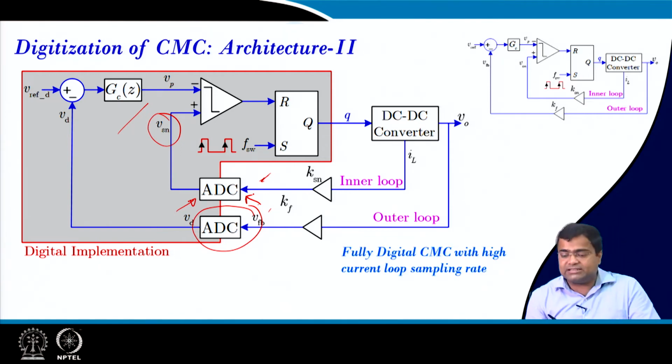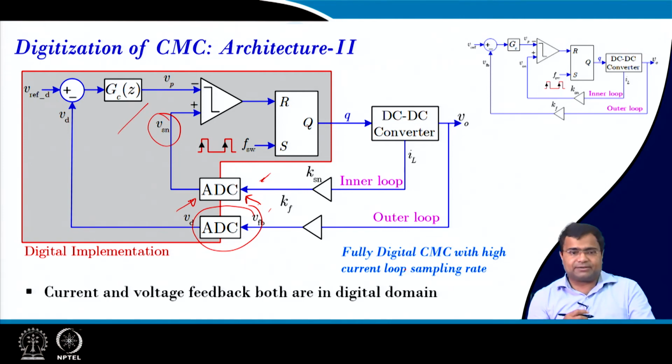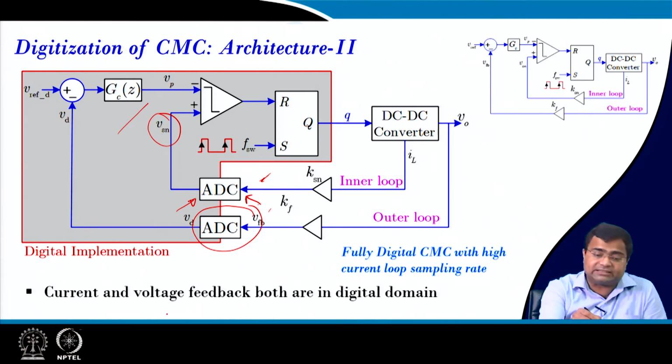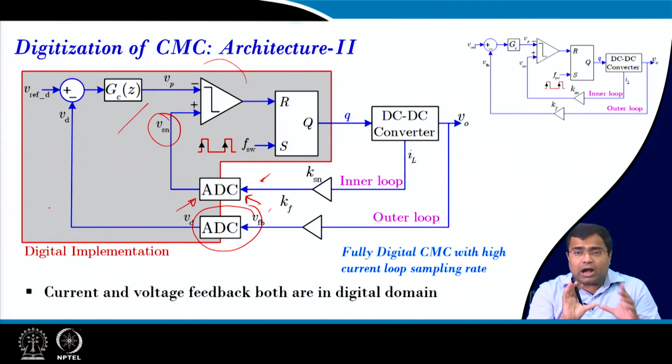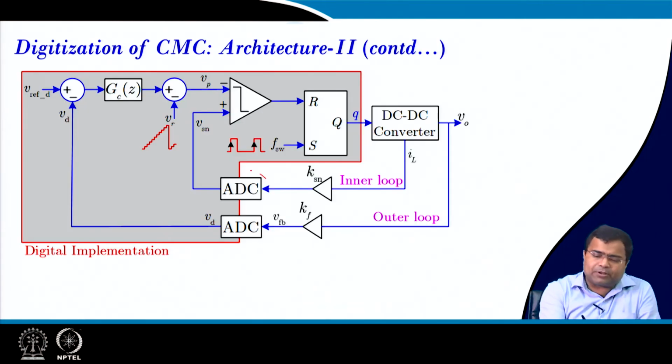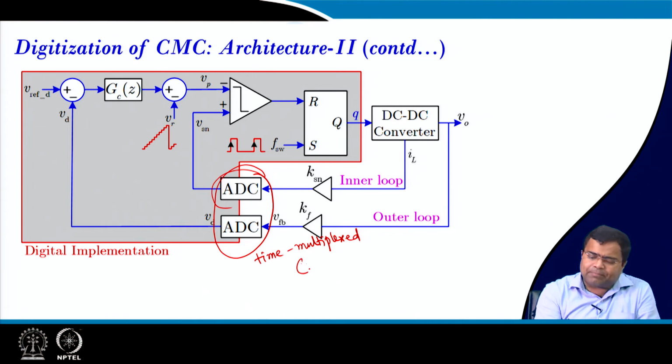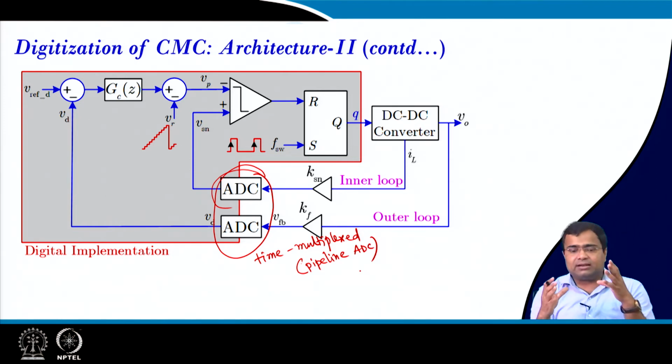So, this is called fully digital current mode control with high current sampling rate. Here the current and voltage loops are both digital, so everything is digital. Then how to address this problem? One way is to take one sample of the ADC. That means these two ADCs will be time multiplexed. It can be a pipeline ADC, where we can mux the analog channel and take the voltage and current samples at two different time